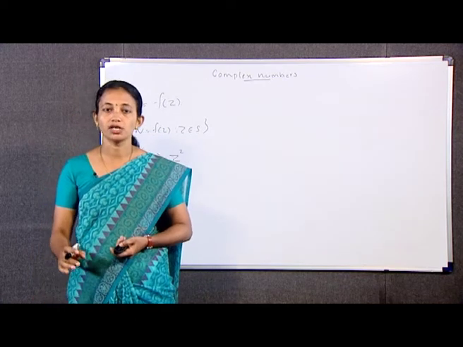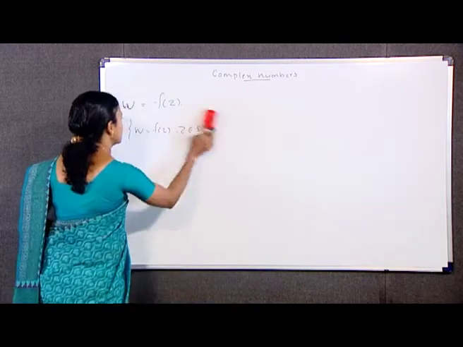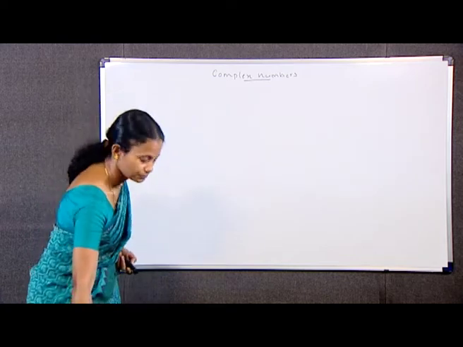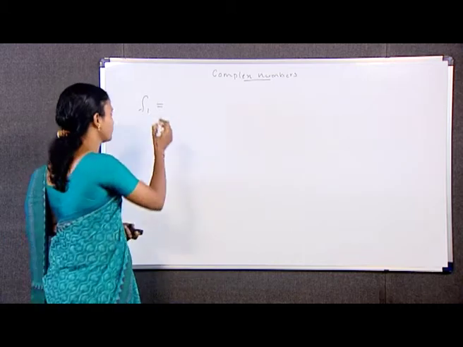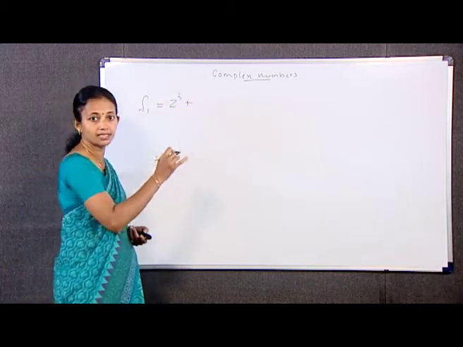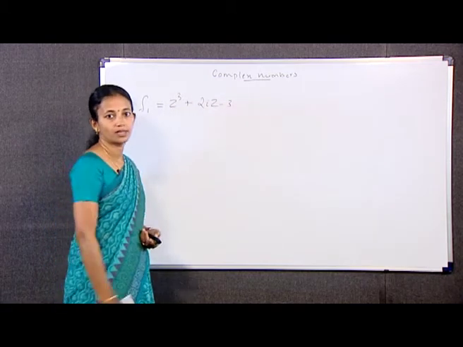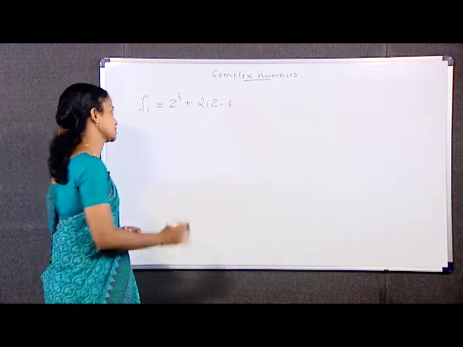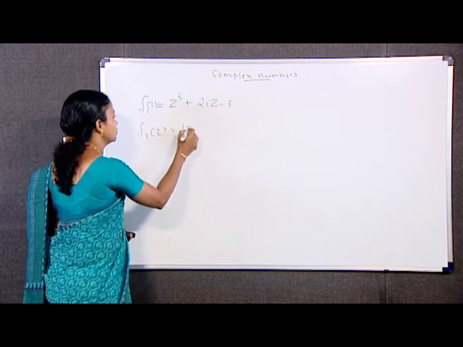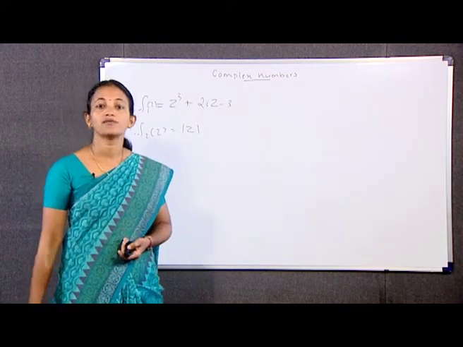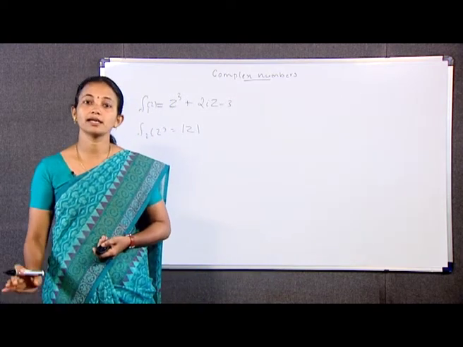For example, the functions f1 and f2 defined by f1 of z is equal to z cube plus 2iz minus 3 and f2 of z is equal to mod z are functions of a complex variable, where f1 and f2 have the entire complex plane as the domain,